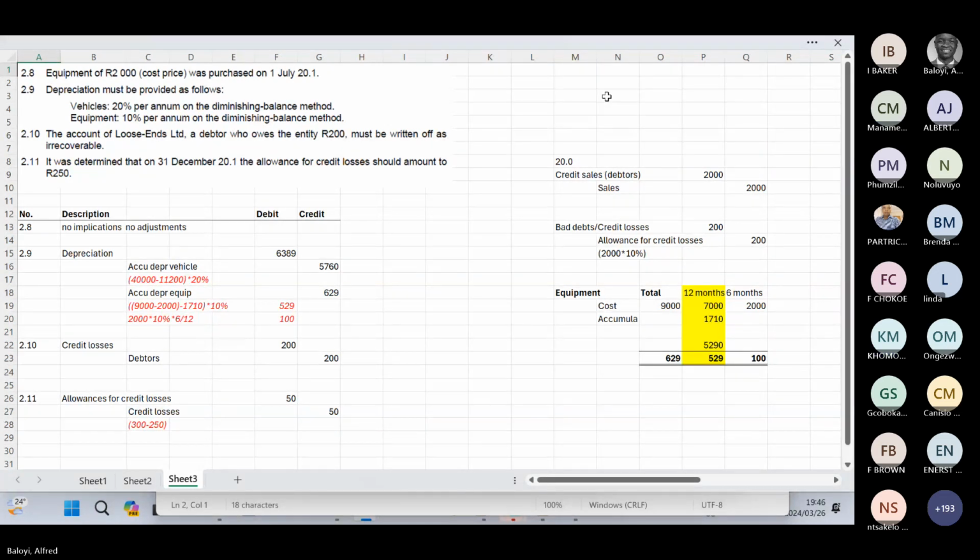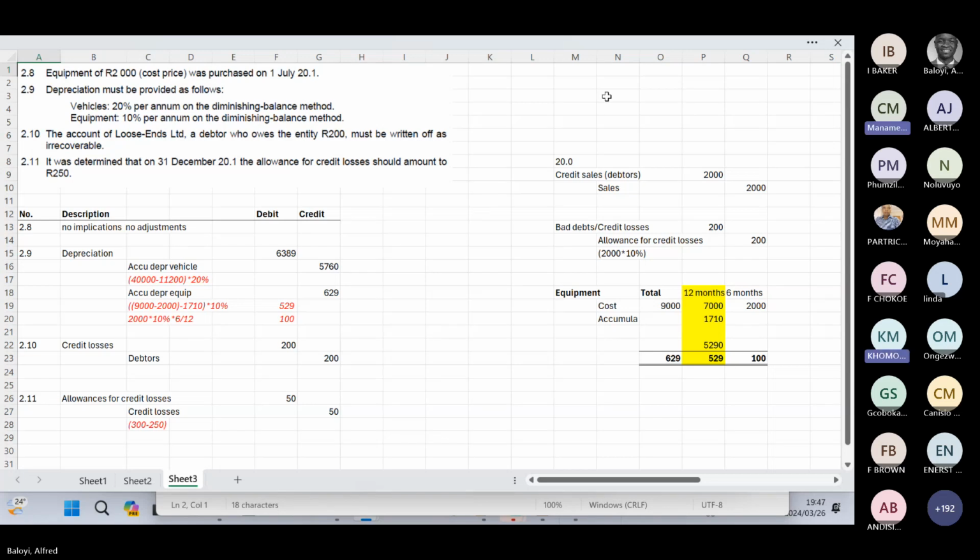Remember, that is not applicable for this module. Here we give you the first day module, so we will give you the periods and the amounts and we will guide you. So you don't need to worry about that. Usually it's assets which are less than 7,000 that you write off to R1. However, we usually don't ask such questions, but if we do, in the assessment we will also guide you. It's not covered in our module.